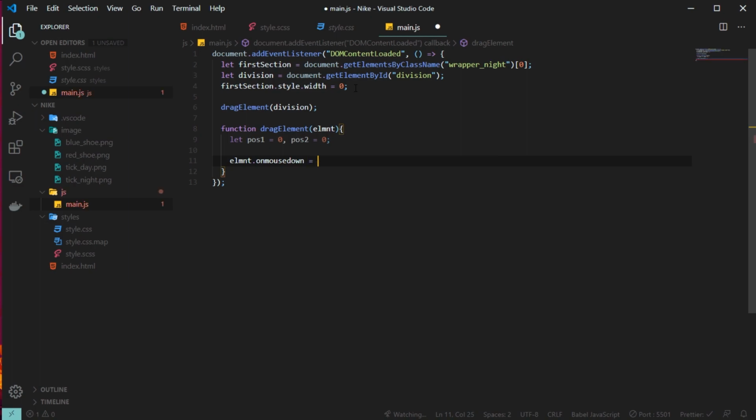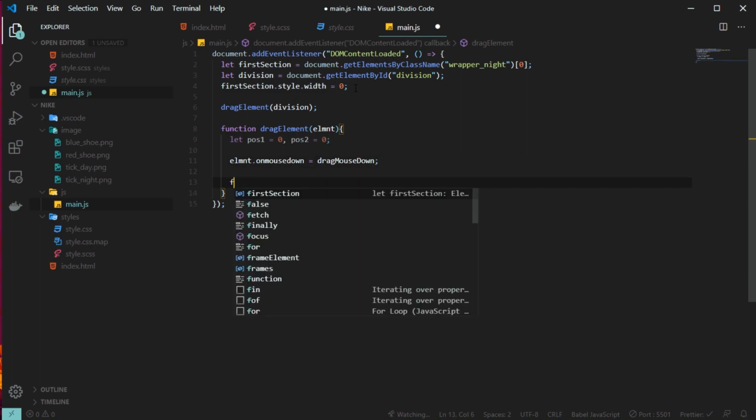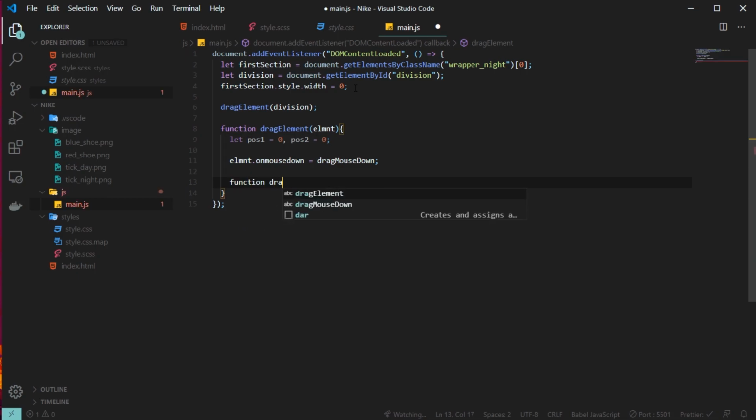Now the first thing is to define an event listener on this element. On mouse down we will call this dragMouseDown function. I will define this function dragMouseDown, which takes the event as a parameter. Now I'm calling event.preventDefault to prevent any default behaviors.